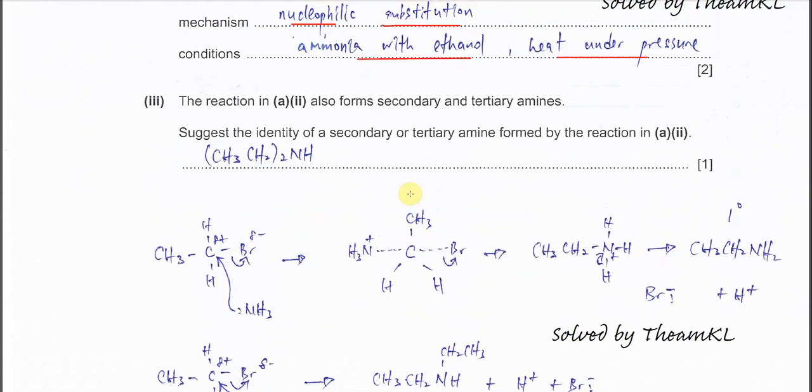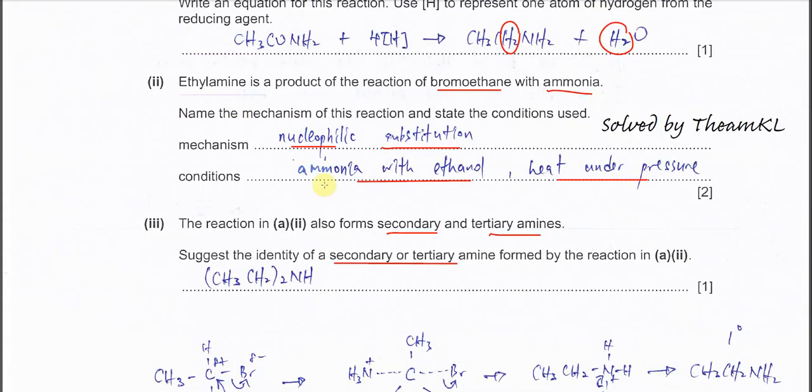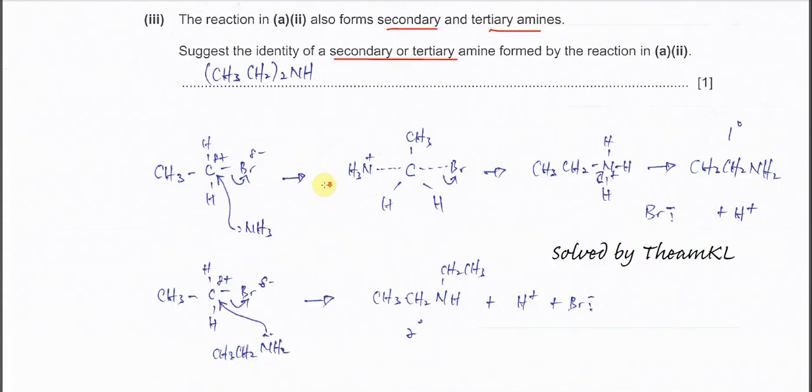For part 3, you have to use a similar mechanism to deduce the answer. In reaction A part 2, secondary and tertiary amines are also formed. Suggest the identity of the secondary or tertiary amine formed in this reaction. Actually, this one you have to think further. The ethylamine that forms here will also attack the reactant, the haloalkane,